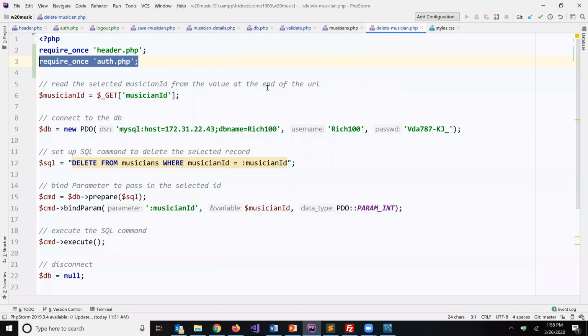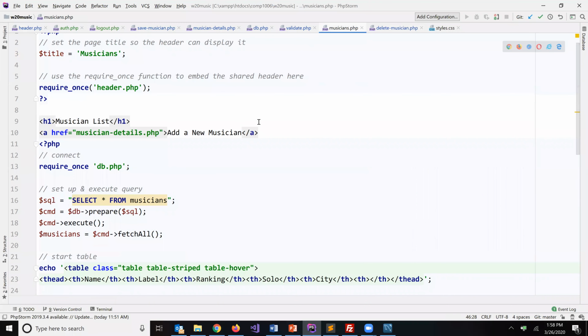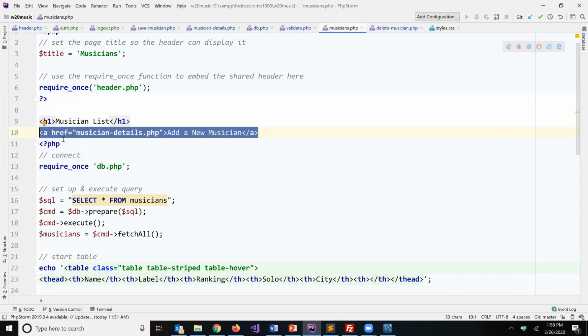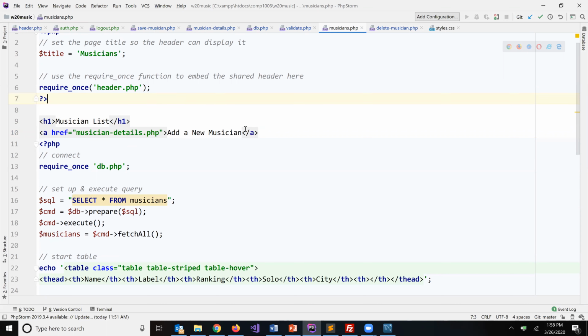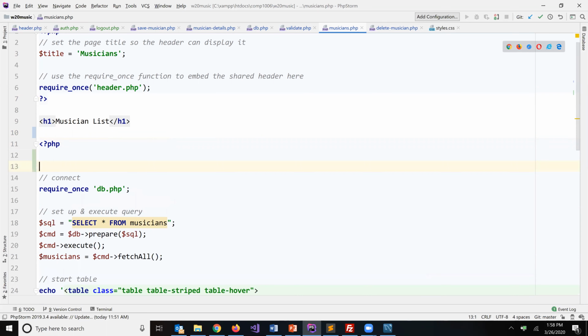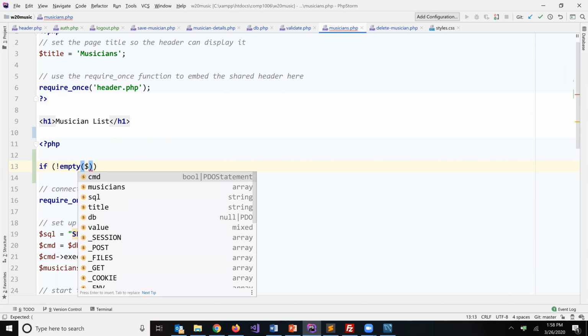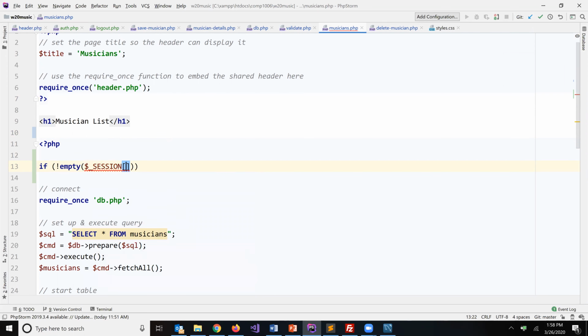This will be the last thing we do today. I did want to cover it because this is basically what I'm asking you to do in your assignment. So the first thing is this musician details link. Right now it's just hard-coded as HTML, so this link is here all the time. So I'm actually going to cut this and wrap it in an if statement. So if our session user ID isn't empty,